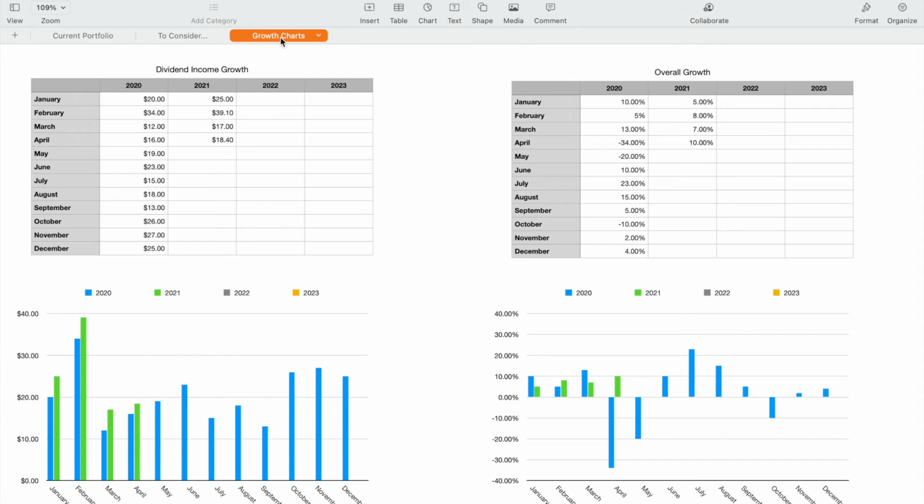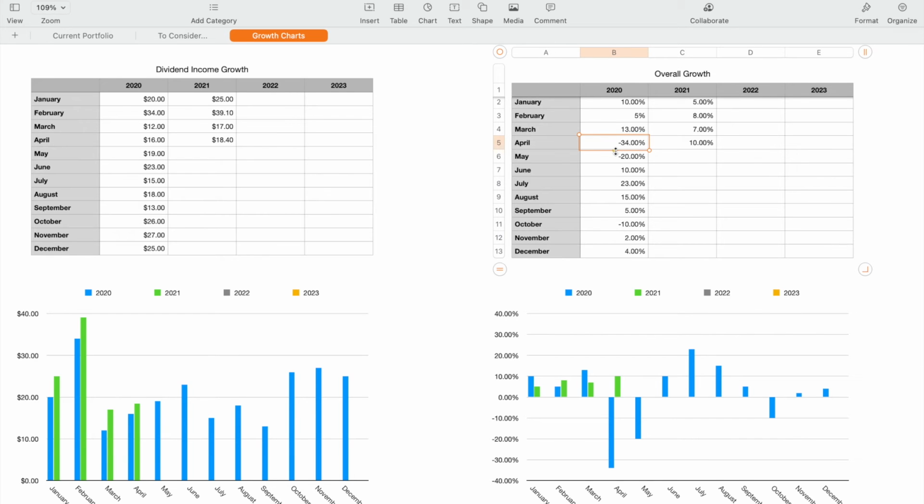So you'll see two graphs here. One will show you dividend growth, which is on the left side, and on the right side, this shows you overall growth. I like to have overall growth in percentage rather than actual numbers of what I ended that month in, because I think it's important to see the percentages, because then you can go back and sort of